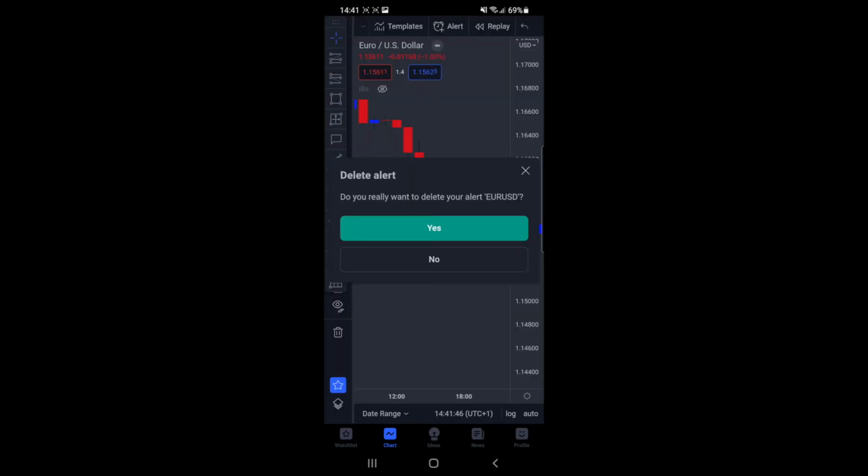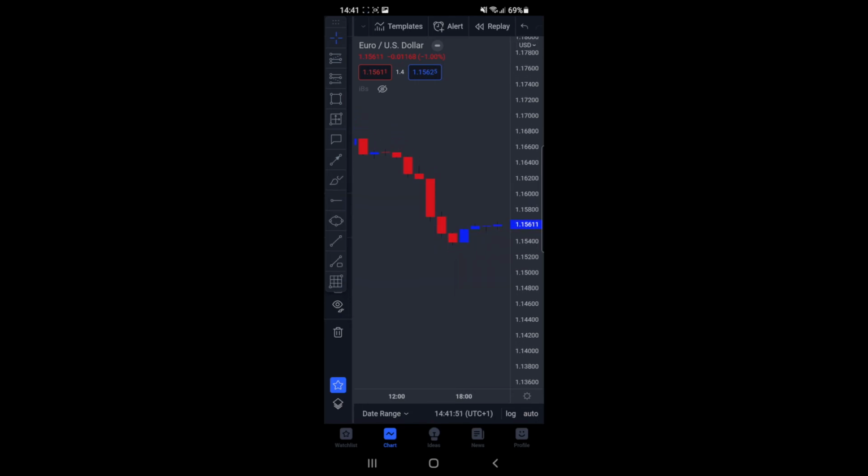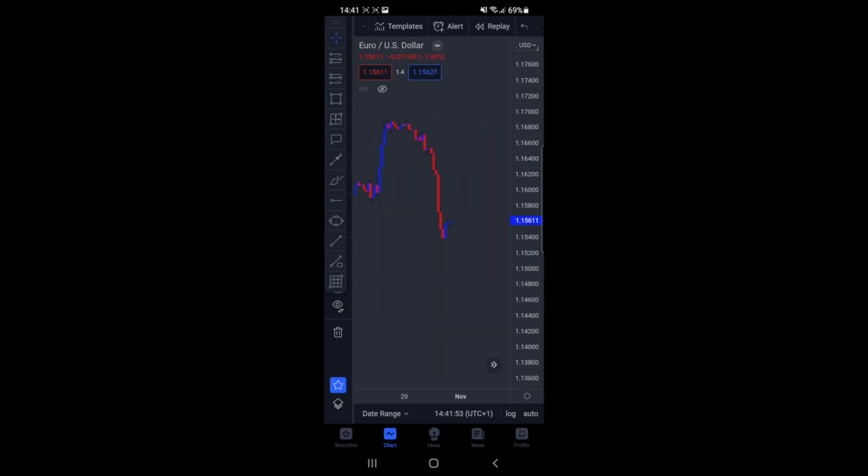Once you click on remove and you get this pop-up box here, click on yes, and then as you can see, the alert has now been removed from my chart. So it's just that simple,